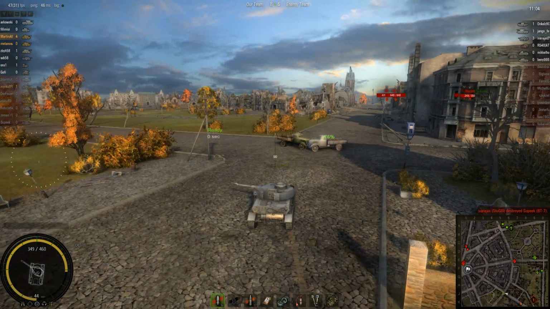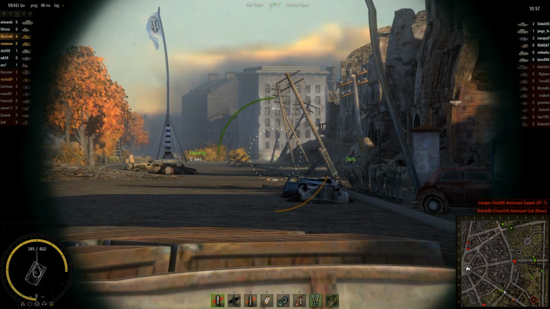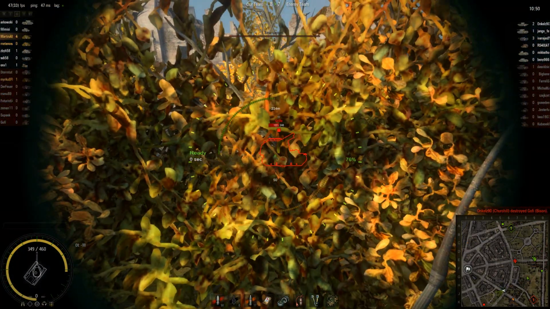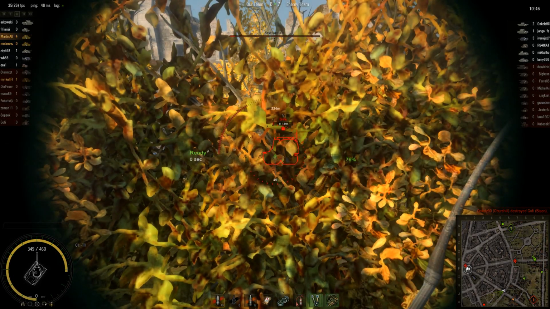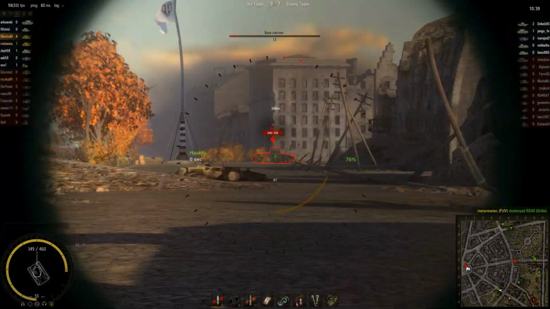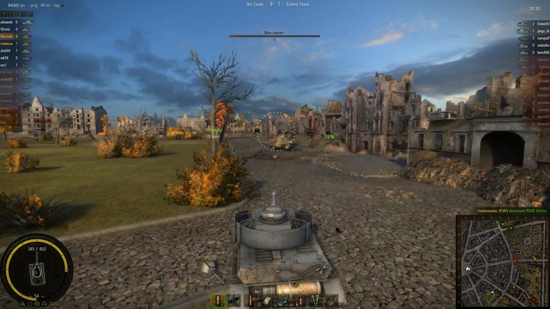So, what we got? A B1, a KV1. Oh, they're popping out of view range. Looks like somebody else spotted them. Oh, artillery. Didn't quite finish him off. Come on. Our platoon mate kills him. So we're losing 9-7. No, we're not losing 9-7. We're winning 9-7. What am I talking about? Those guys in the cap circle are...